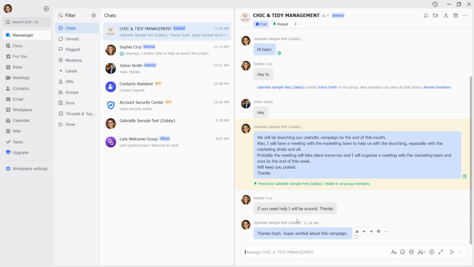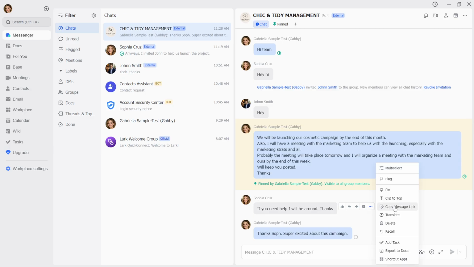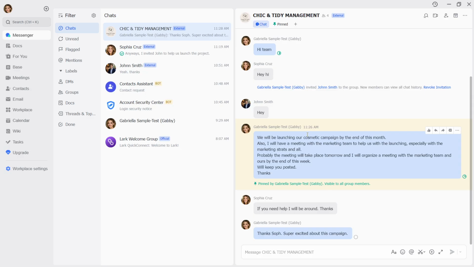Pinning lifts important conversations to the top of your list, which can function like a personal priority view. This is especially useful if you're using archiving in other apps to keep important threads visible while pushing everything else down. With pinning, you get a similar result. Your must-see chats stay front and center, and you can unpin them anytime when priorities change. It's a simple way to organize your inbox without moving conversations to a separate area.